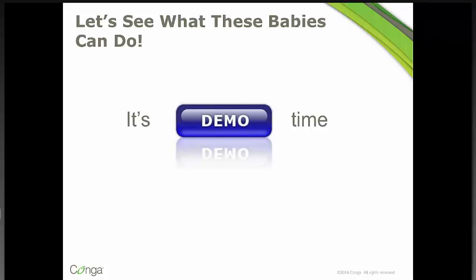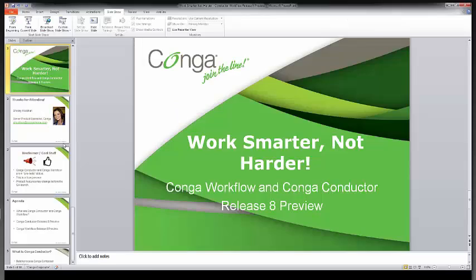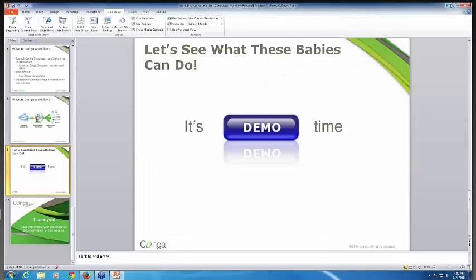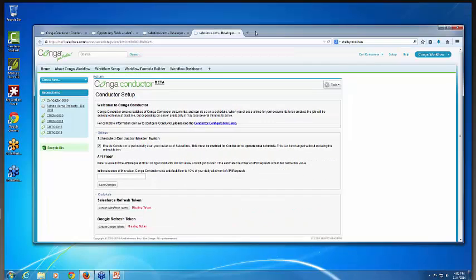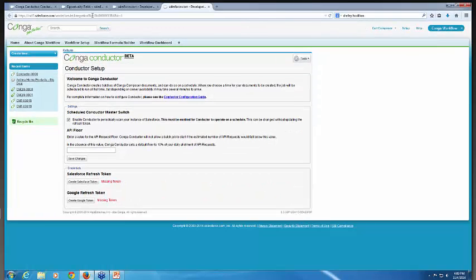So I have this little slide about, let's see what these babies can do, because we've had this little text-based intro, but I think it's demo time. Let's go ahead and see what the previews of these products look like and we'll take them for a little bit of a spin. So let me drag over my browser, blow that up for you all, make it a